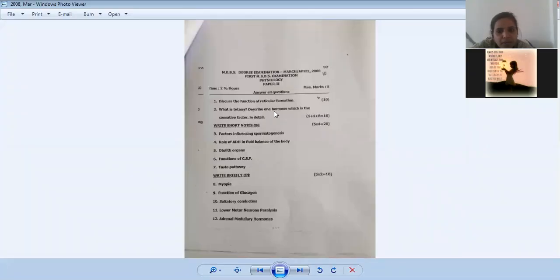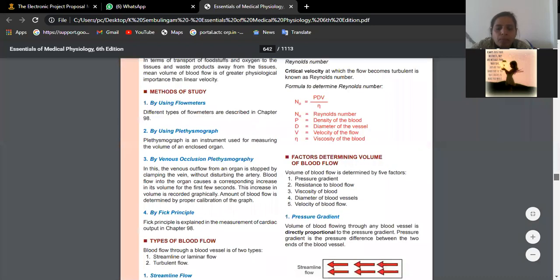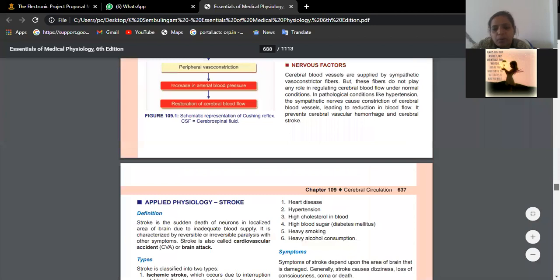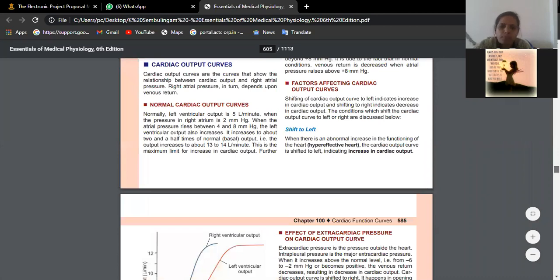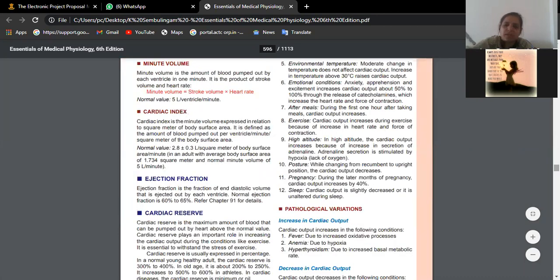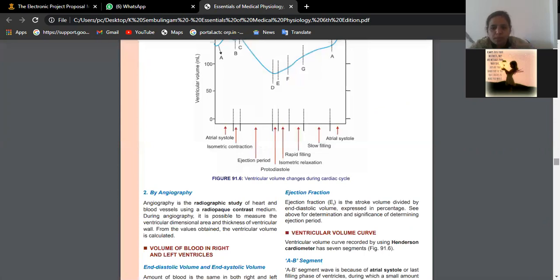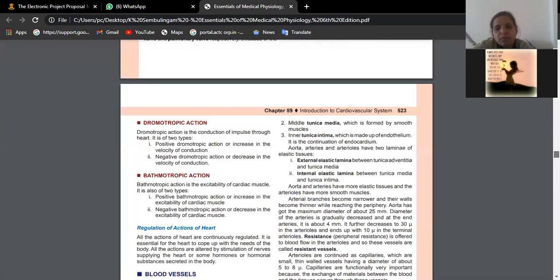Then we have tetany. Which hormone is responsible? What is tetany? Try to think over and tell me. Something related to muscle contractions. So muscle contractions. The muscle is in excessive tone. That means it is in a permanent state of contraction. What hormone is responsible for this? What is deficient?